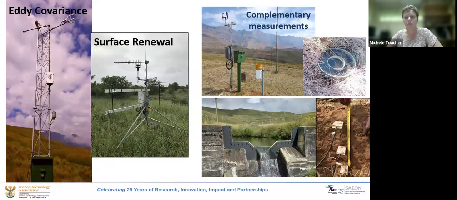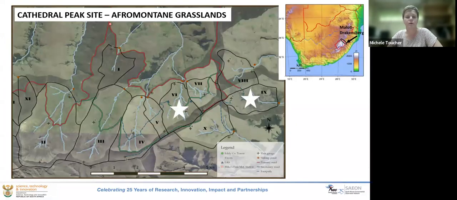So if we look first to Cathedral Peak, this is a site in the Maluti-Drakensberg. It's a high rainfall area, so it's over 1,000 millimeters of rainfall per year. So it's quite wet. It's also a high elevation. At